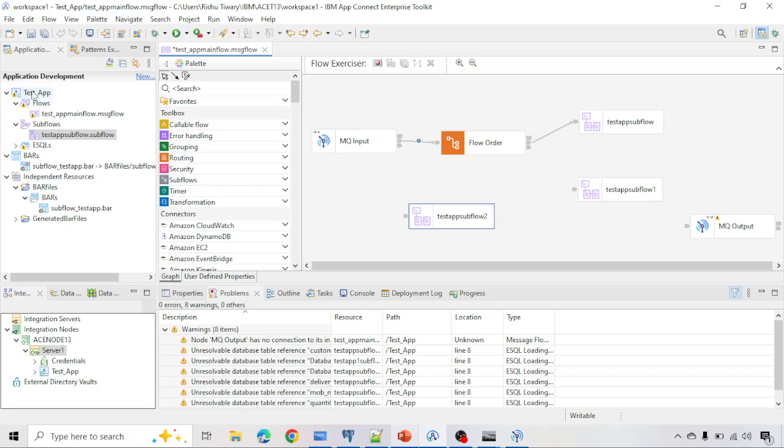This is the first case we are seeing, where the application is acting as a container, and we are creating the subflow inside that. Now the second way is we can create a project as an independent